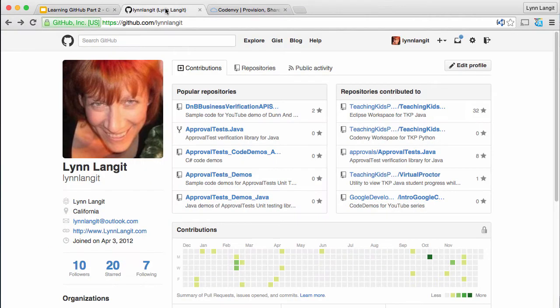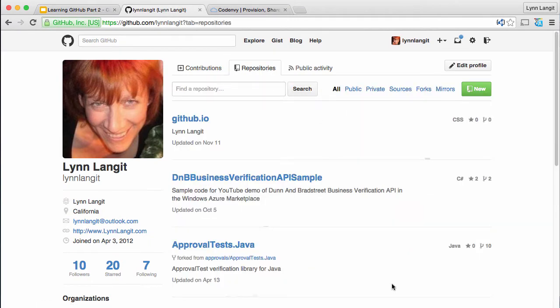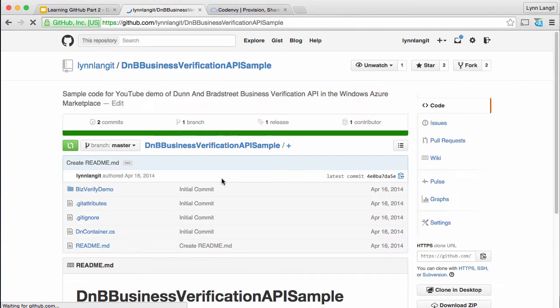So let me go back in, and you can see that I work with these different repositories. So let me just show you an example. So here's some sample code that I wrote for an application, and you can see I described what it is. You can see the type of code it is. This is if it's been forked or branched, forked actually, and I'll explain that in a subsequent video. It just means split off, basically. Shows when it's been updated, and then if you click on it, and you click right here, you can see